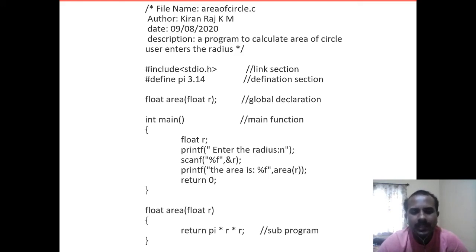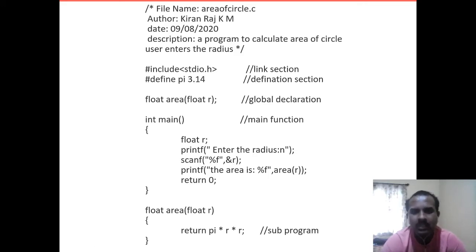In the link section, you are going to take the support of some other files, library files. For example, in this program I am going to take the help of the stdio file, the standard input output file.